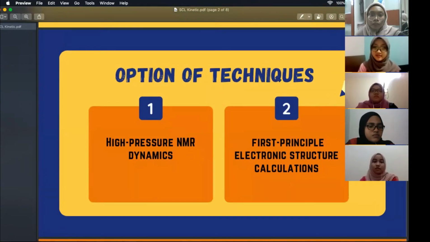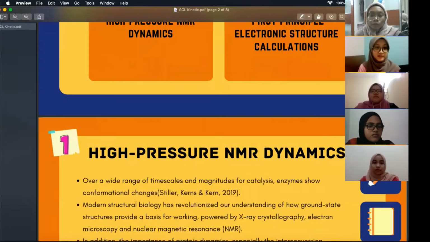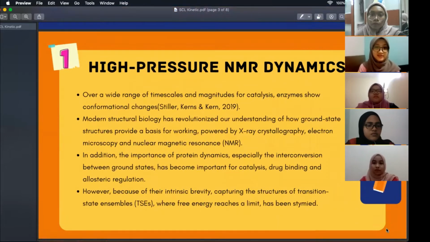Going through the slide, there are two techniques that will be shared. The first one is high pressure NMR dynamics, and the second is first principle electronic structure calculations. Going to the first point, which is high pressure NMR dynamics, if we see the